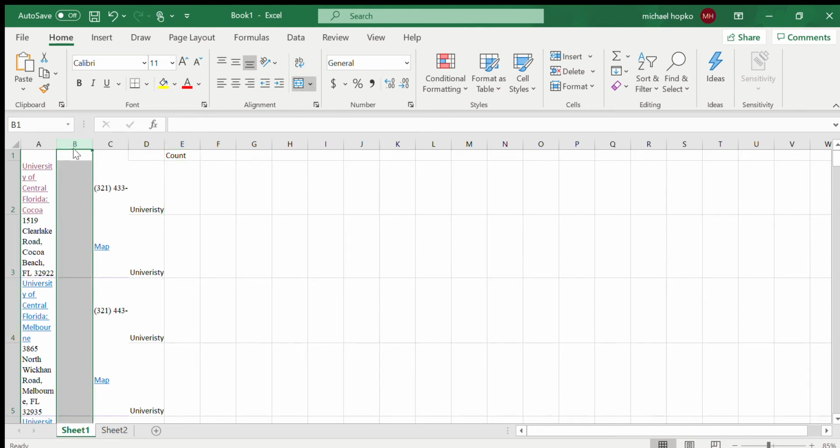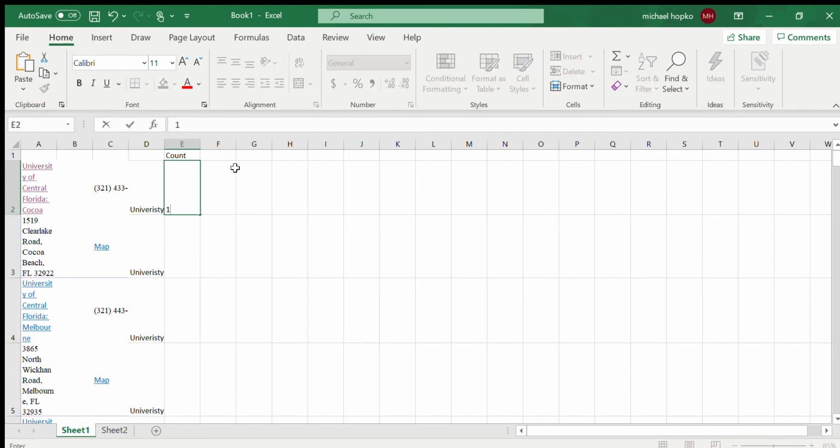We can delete column B if you want to. It doesn't really matter. So in your count row, in your first row, row 2, just type a 1, and then your next row you're going to insert the function equals negative the box above, and it should pop up as -1.